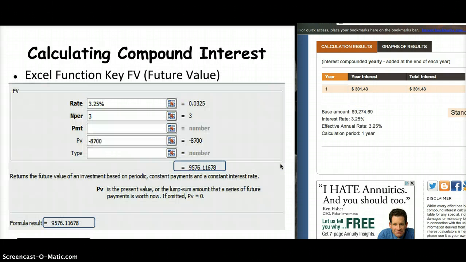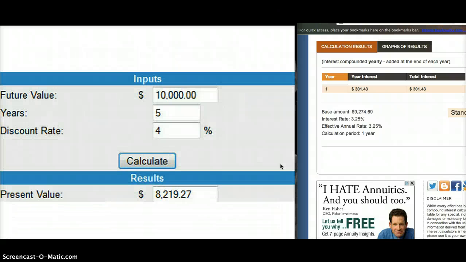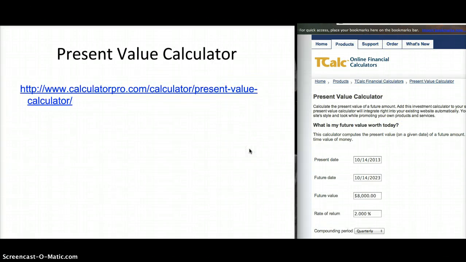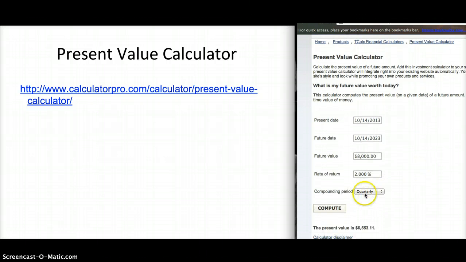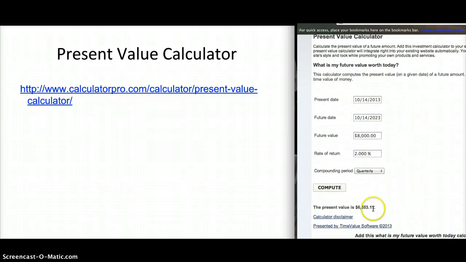Okay, and so these are just examples of calculators. Again, it's annually, semi-annually, quarterly, monthly, daily. But then you also want to do future value. So let's do that. You just go to the present value calculator because what you want to put in is the future value of 8,000 at 2%, and you're going to compound quarterly. What is that now? And it's 6,500 is what you're going to need